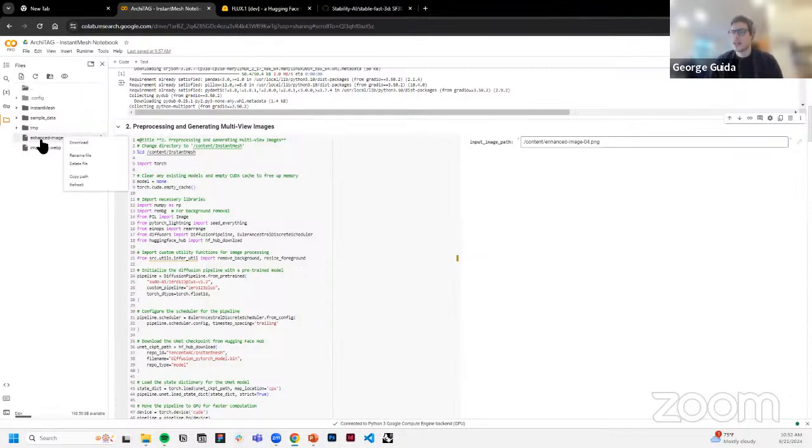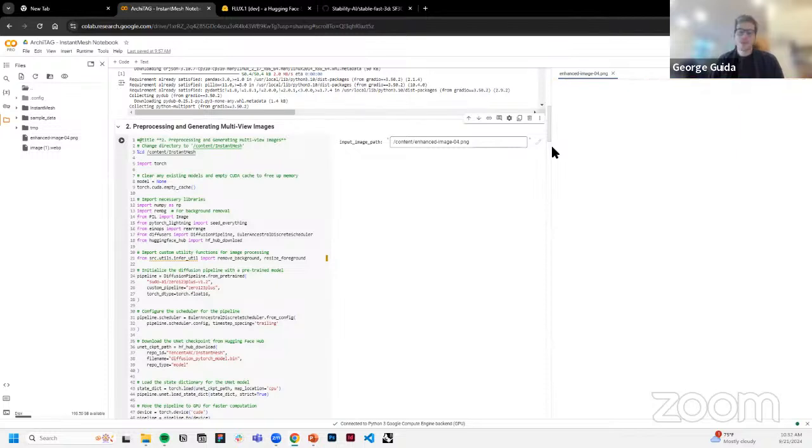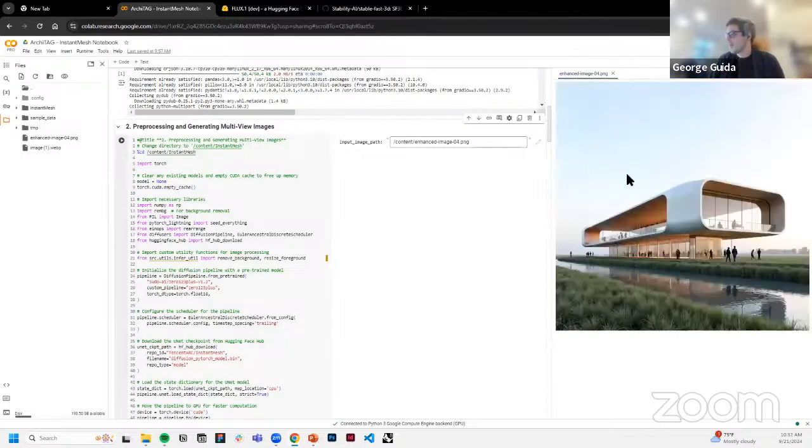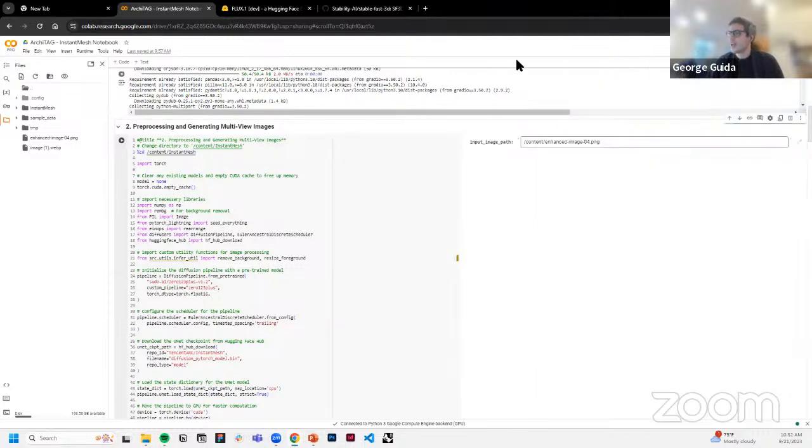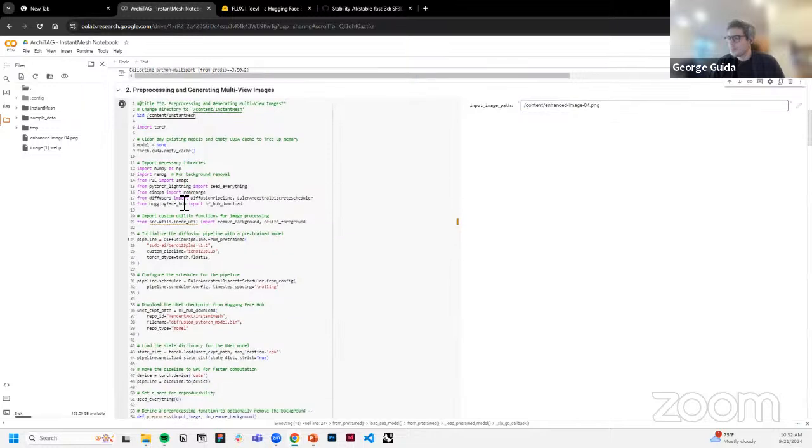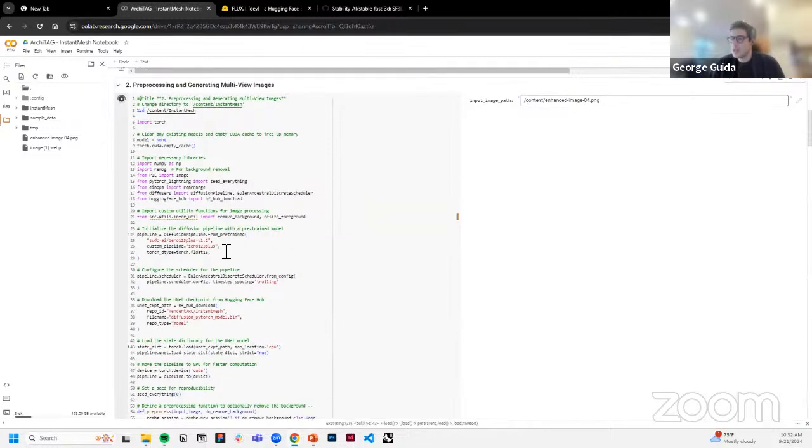But the idea is that once you upload an image, and this is one from the cover, from the preview of the workshop, it was also generated with Flux. You can simply right-click, copy path, and then replace this path here. Once you run that cell, we're essentially downloading the Hugging Face diffusion pipelines.